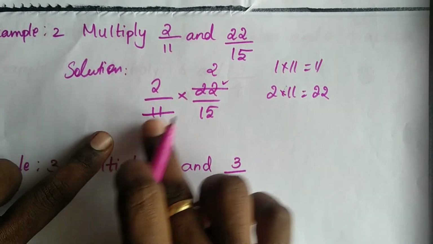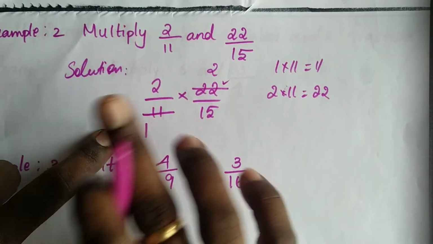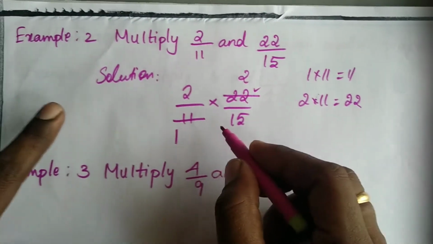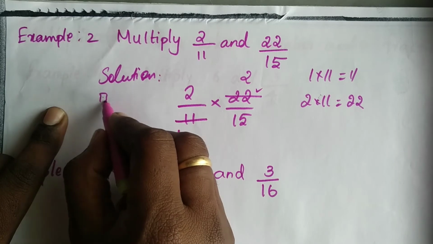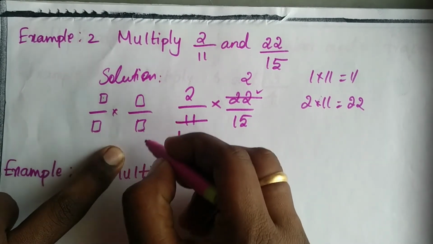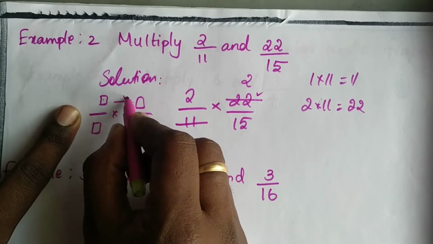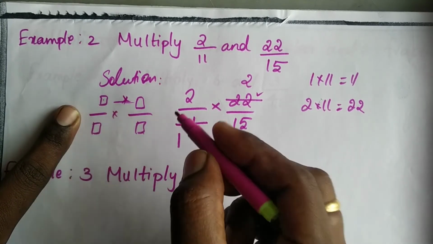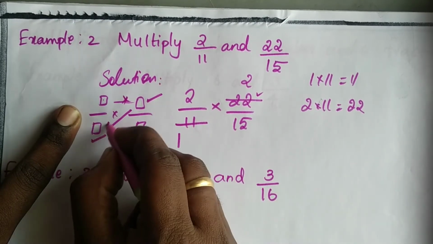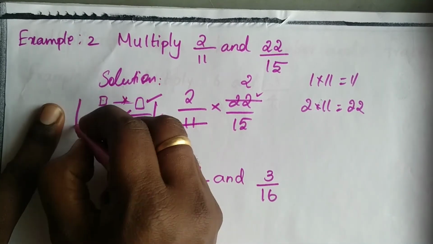Whenever you are using this cancel method, use the numerator and the denominator of the same table. Another thing is you can cancel the numbers this way. For example, if 4 numbers are here, any numbers, you can cancel numerator with denominator. We can't cancel numerator with numerator. This is a mistake, this is wrong. You can cancel one numerator with another denominator. This way it is possible.